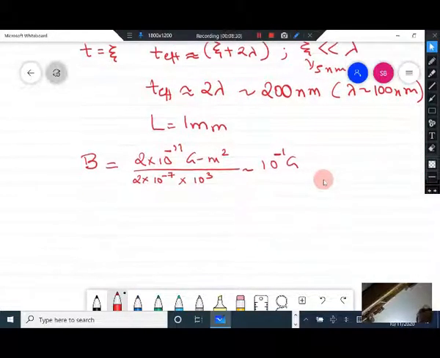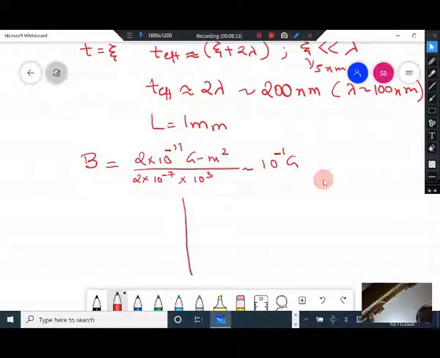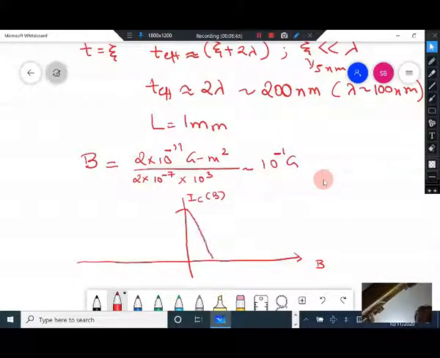So in your Fraunhofer diffraction pattern, if you are measuring the critical current of the Josephson junction as a function of magnetic field, then for a typical single